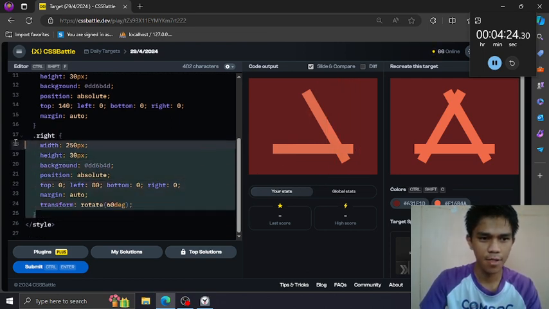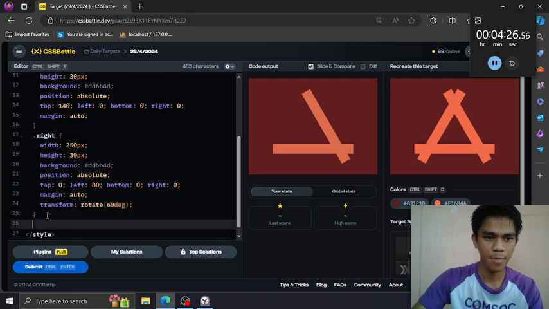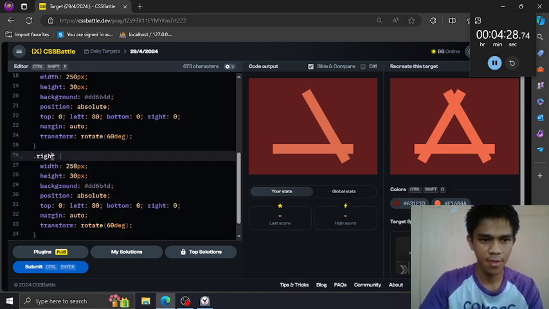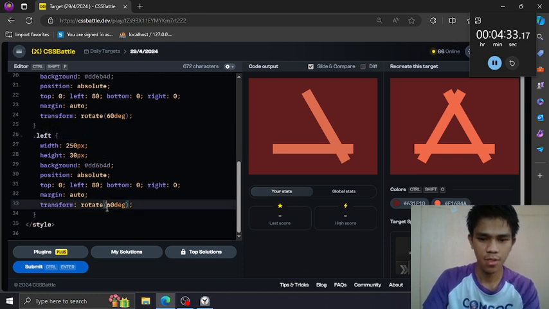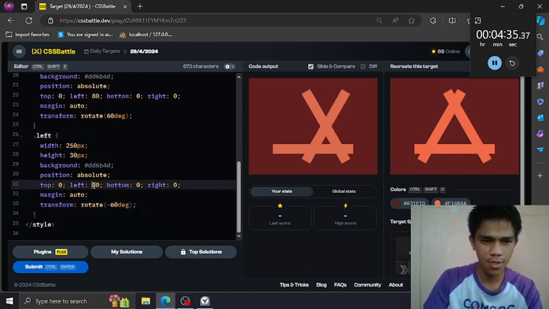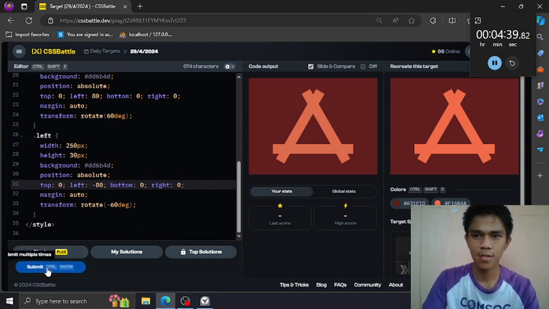And the left variant, this is negative, and push this to the left, negative. That was fast.